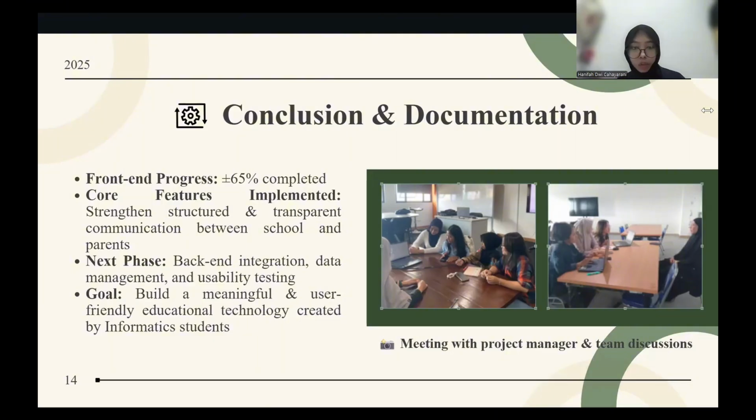For the next phase, we plan to continue with backend development, database integration, and usability testing to ensure that the system runs efficiently and provides a good user experience. Overall, our goal is for Educonnect to become a meaningful and user-friendly education platform, a real contribution from informatics students